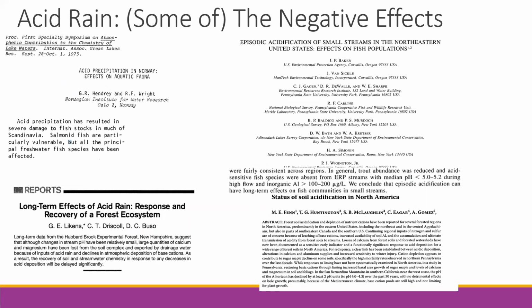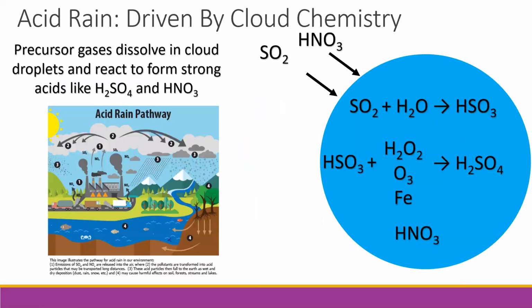For instance, lakes that were once filled with fish and aquatic invertebrates were basically going dead. It also had significant but complicated negative effects on terrestrial ecosystems and forest health. These growing problems really drove the need to understand the formation processes of acid rain.